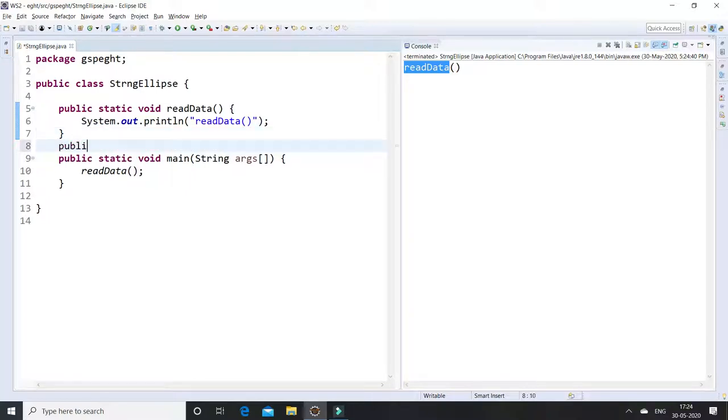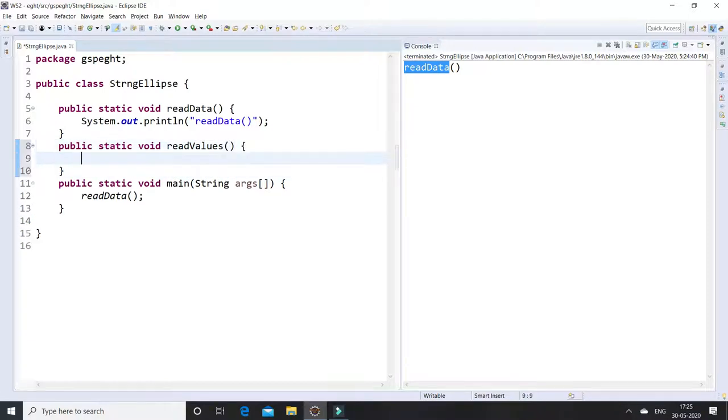Let's create another method, public static void read values. How do we pass string ellipses? After the method name, the argument's data type is string. You declare string ellipses by defining 3 dots followed by the variable name.